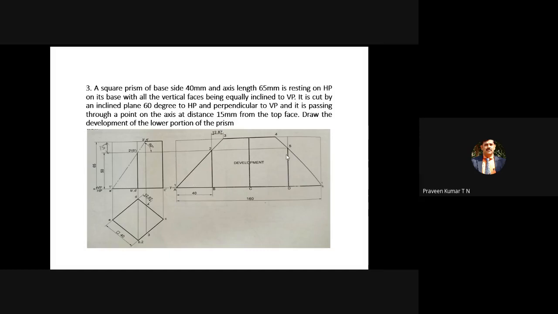This vertical edge from 5 to D you have to make dark. Then 2 to B you have to make dark. This line completely dark. Only the portion below is the retained portion. This portion is already removed or chopped off. Only this portion you have to make dark.